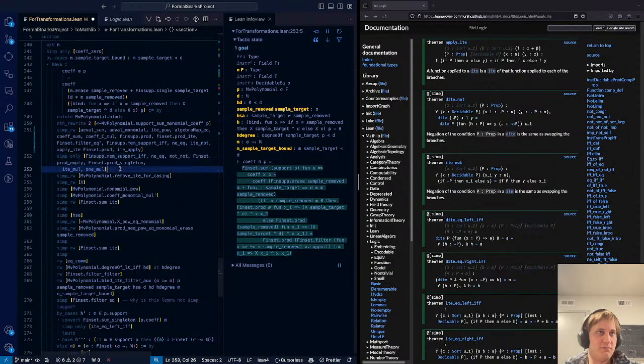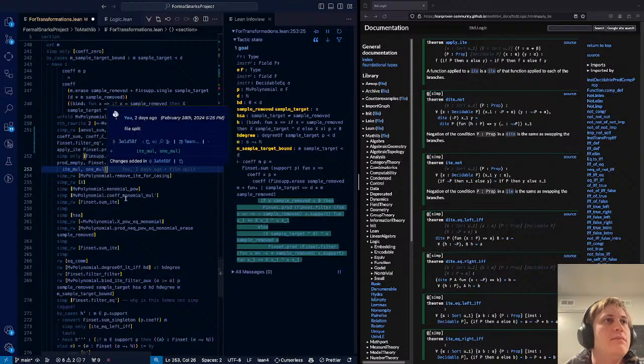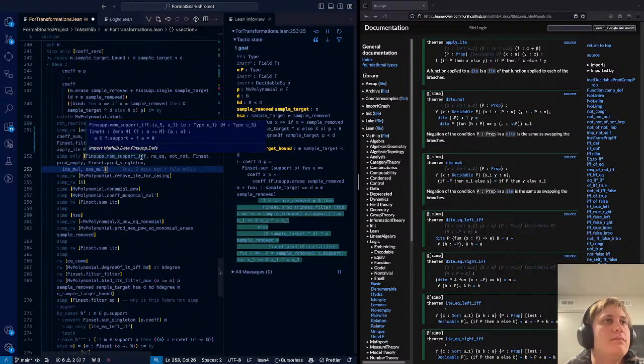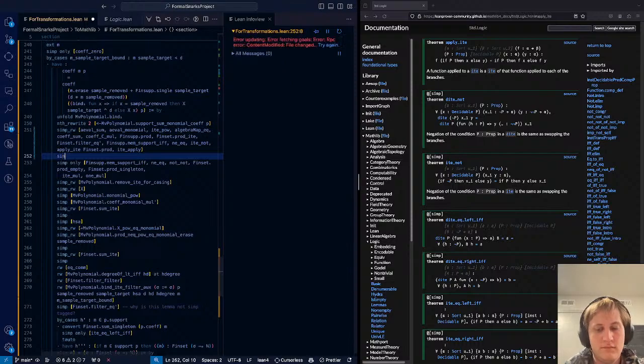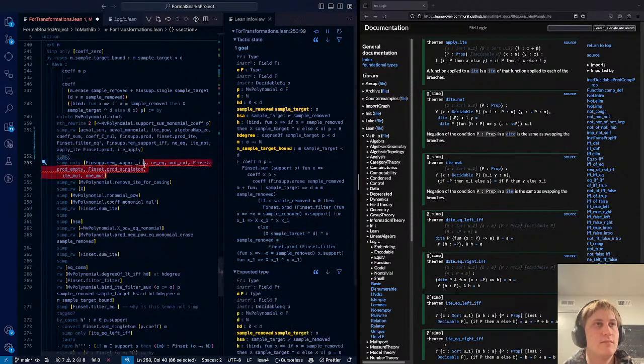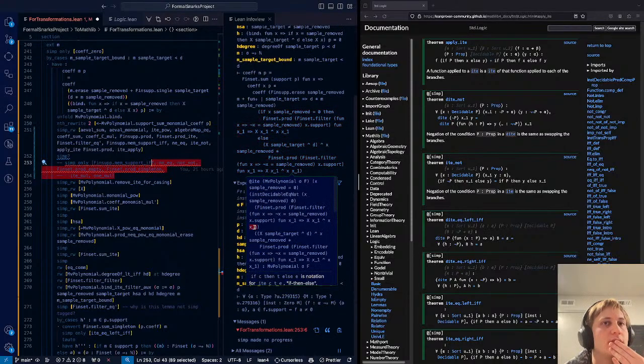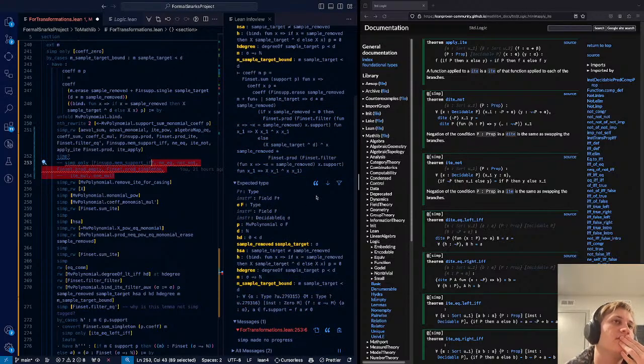Okay, it rewrites the whole thing, but what does it do in particular is the question. Presumably just outputs the same thing.